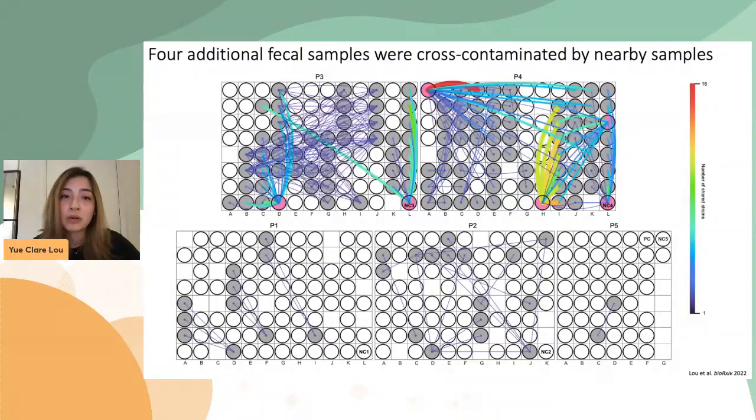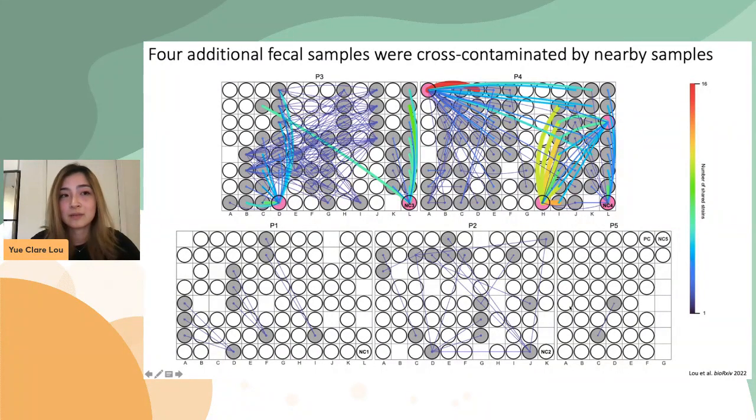And given how important strain-resolved analyses were for this early life strain succession project, we took a conservative approach by discarding all samples that were extracted on these 2 plates and moving forward our analyses with samples on